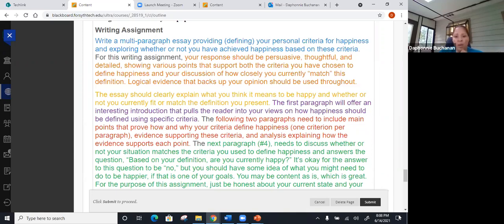And then your 4th paragraph needs to discuss whether or not your situation matches the criteria you define as happiness, and answers the question based on your definition. Are you currently happy? Okay. So it's okay if you say no. You just need to know